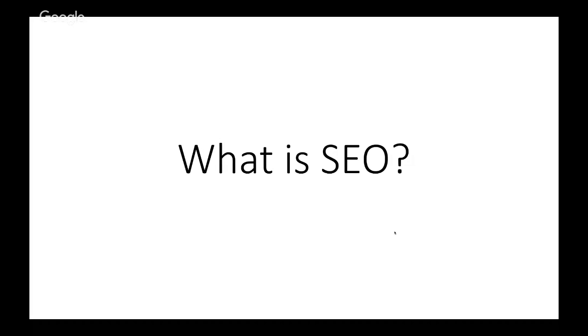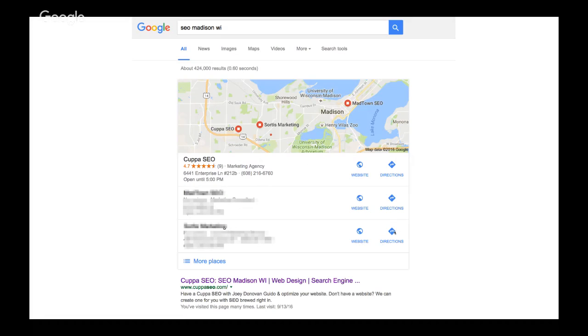Okay, so search engine optimization, in a nutshell, is using optimal keywords, keyword phrases, and relevant content in a way that helps you get found on Google, okay? And this slide will make more sense in just a couple of minutes. So what we're doing with those optimal keyword phrases is we've got to figure out what people are using to find what we do, okay? And then we've got to implement those keyword phrases into our website, into our blog, into our social media efforts,